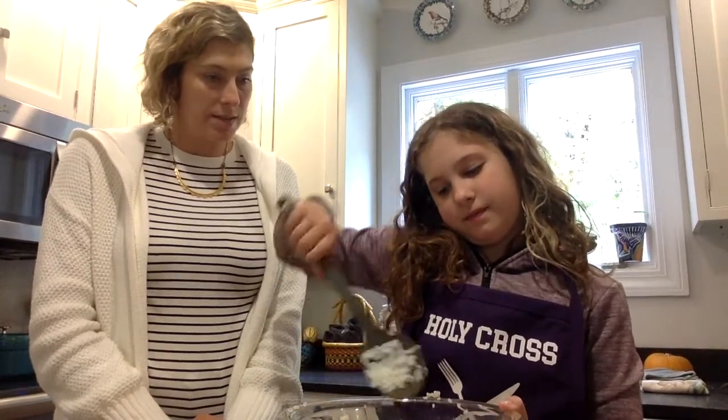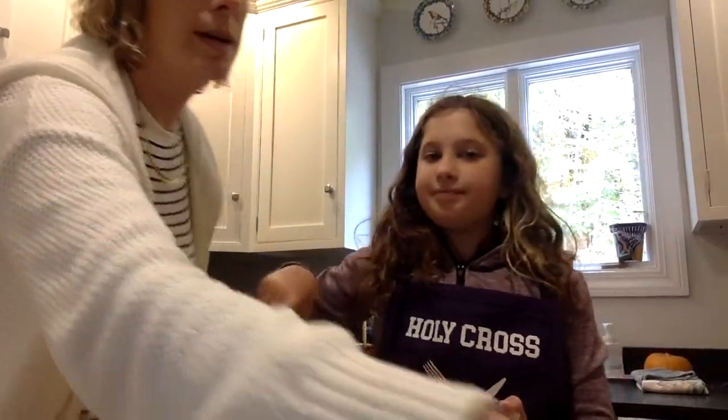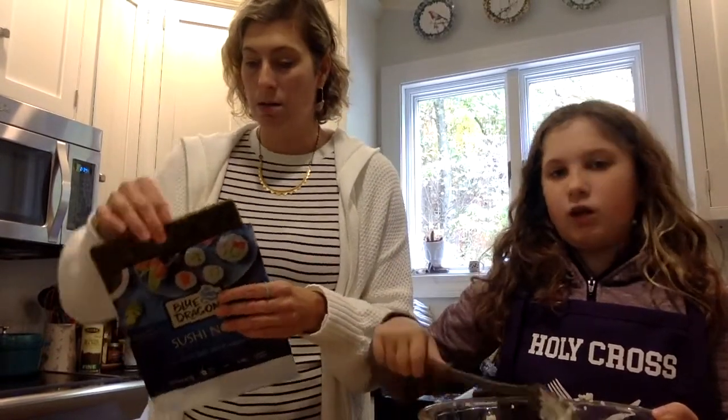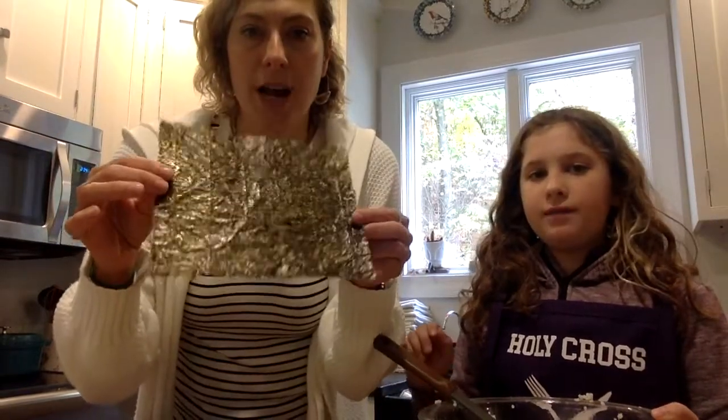Yep. Okay, so the next step is getting our nori ready. Now, if this is your first time working with nori, it usually comes in a package like this. There's many different brands. And when you're rolling your sushi, you want to put the glossy side of the nori down. It may be difficult to show you here. You can show them. Oh yeah, this is the glossy side. Do you see how it catches the shine? And then if you flip it over...